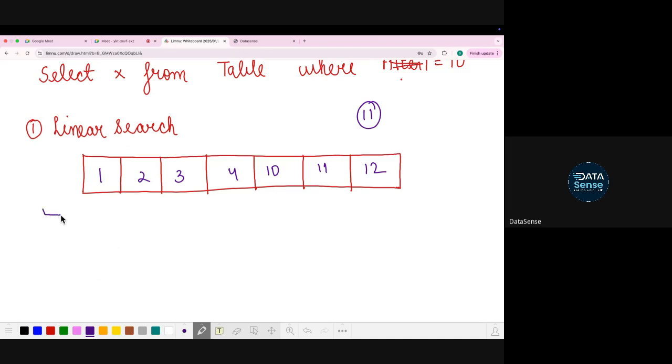Let's say this is our SQL first row. We will check in the first row: is it equal to 11 or not? If it is not equal, I will move to the next. Now this is also not equal. I'll move to next. I'll move to next. I'll move to next. I'll move to next. And here I found the result. Okay. Now, as the size of my list increases, it is going to take more and more time.